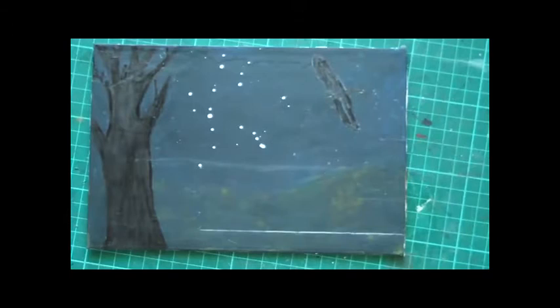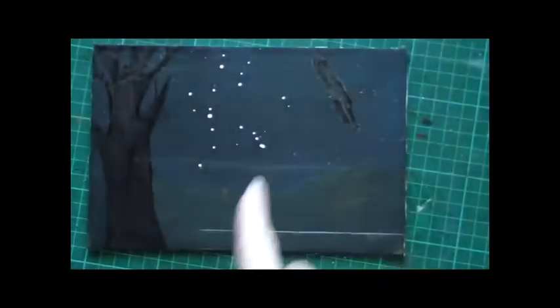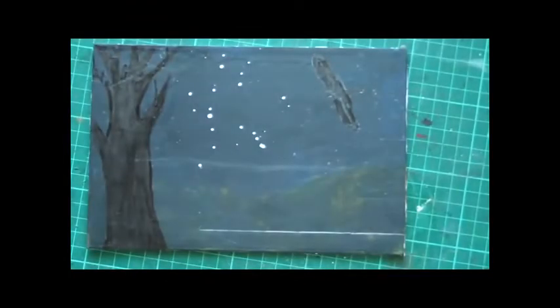Now, one thing I did forget was to put the stars in. So I've splattered a few stars in this area here, having to be careful of the tree and the bird. So it really would have been better to have done that last layer of stars